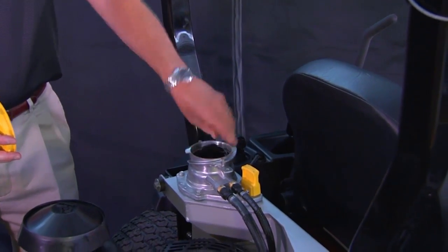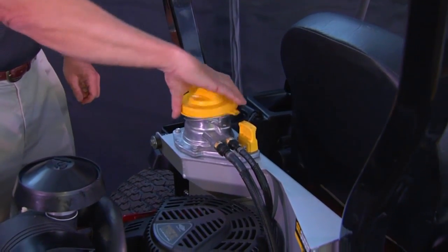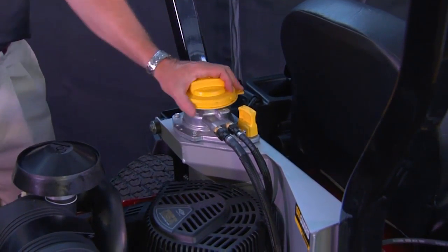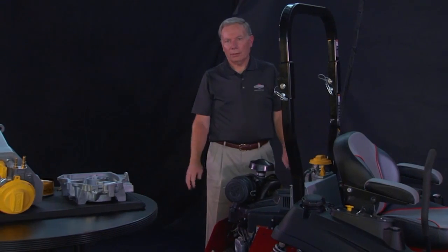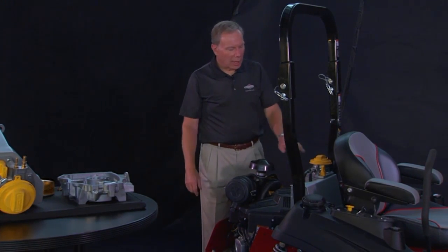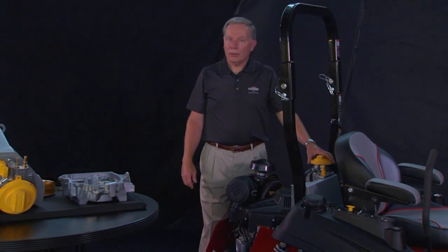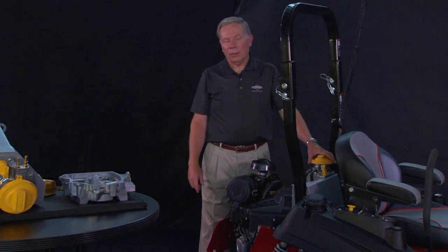Take your filter, quarter turn, locked in, cap, quarter turn, locked in, you're done. It's that simple. Now, not as part of the OilGuard system, but something of an added benefit to you when